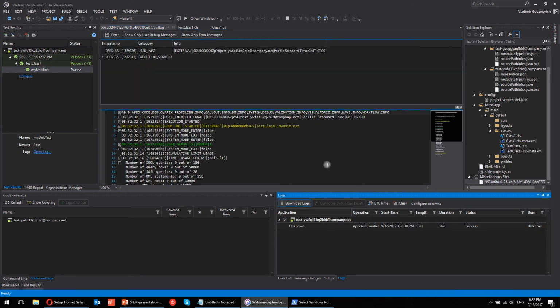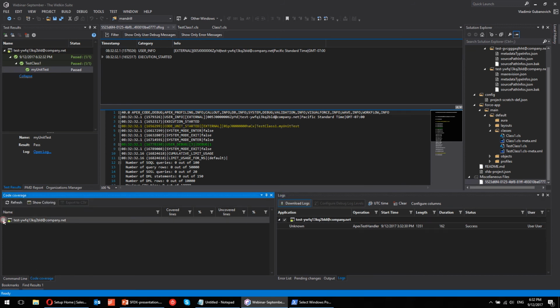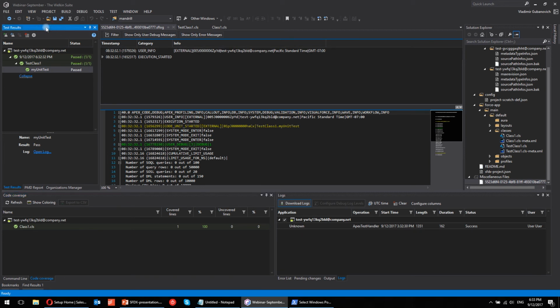You see your log file in the debug logs. In the code coverage, if I refresh the data, I can also see the code coverage information. So all of the regular stuff that you are always using in the Welkin Suite, almost everything is working right here. In case you are switching to another organization, to another Scratch org to test some of your stuff, again we'll detect the change and we will immediately change the information in the test results, in the debug logs,